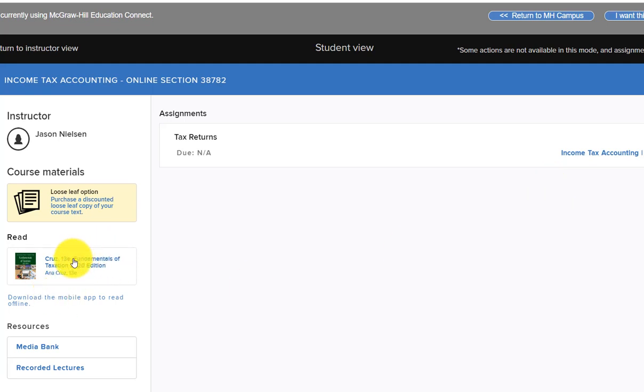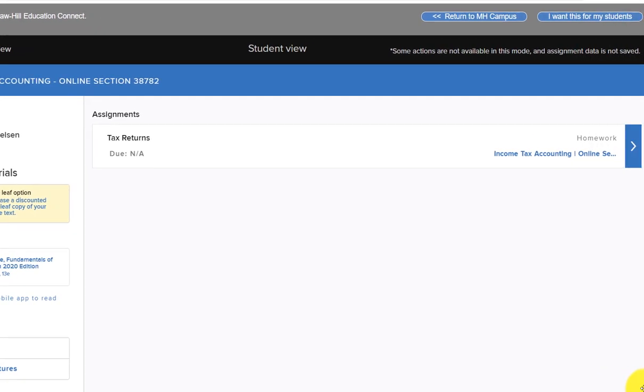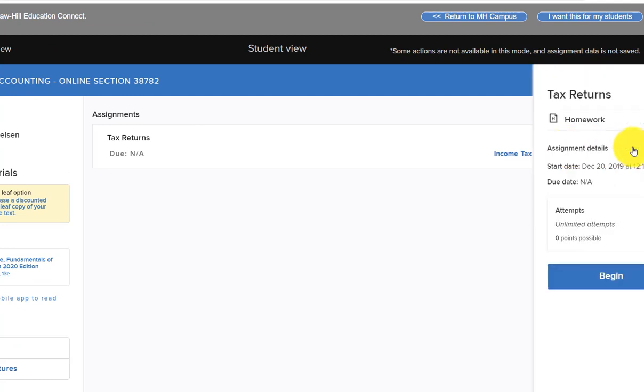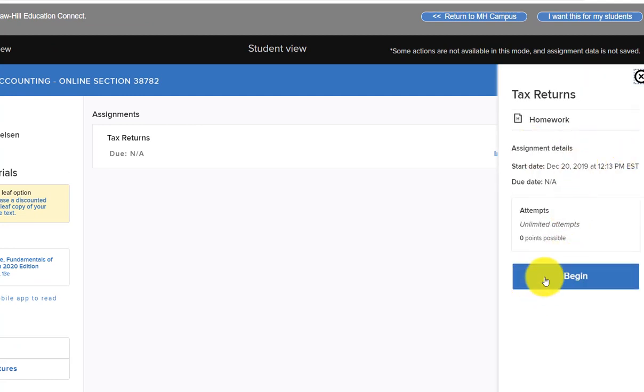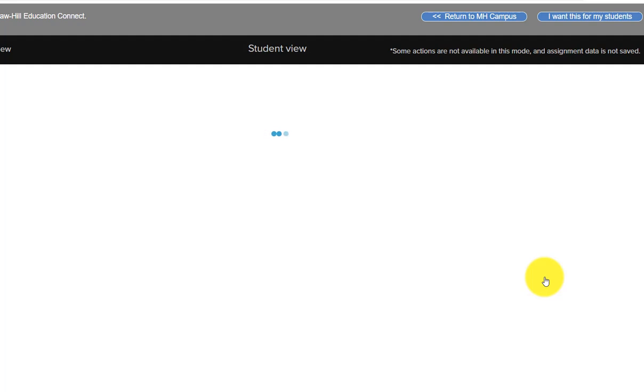So the textbook is here to read, right, in this section. So that's where you can look at that, and you can read offline with the mobile app. Come here to tax returns, and let me move the screen over, and we're going to begin